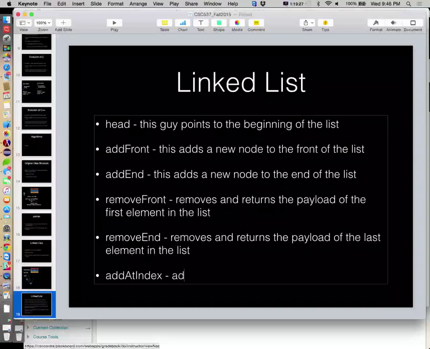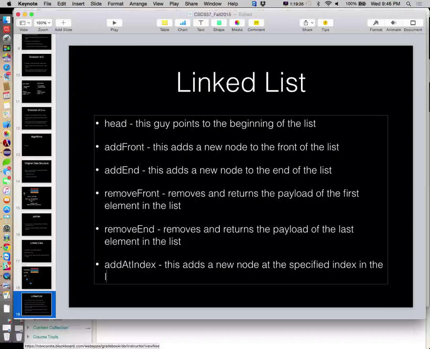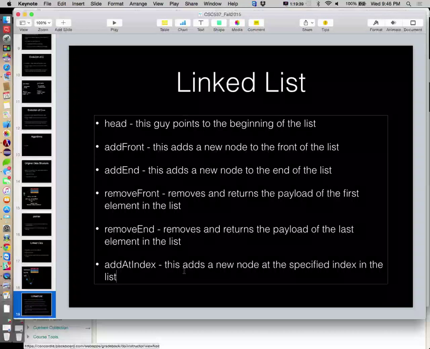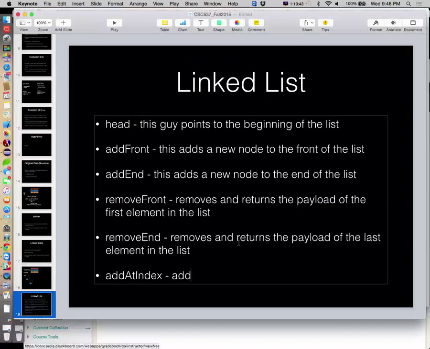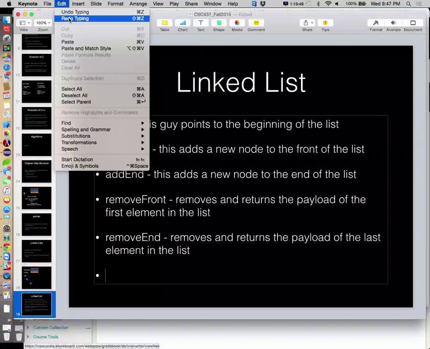This adds a new node at the specified index in the list. Right? So if I come back here, ooh, I didn't expect it to work that way. Redo.